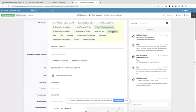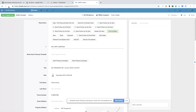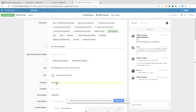Push to seller. Codis Harvey is this guy's name. We're going to push him up to seller. And Codis is most likely a realtor. The reason I say that is because he's asked me on which property I'm referring to. We are doing all of our scraping in the for sale by owner section of Craigslist. So by the fact that he's asking which property I'm referring to, it means he has multiple listings,